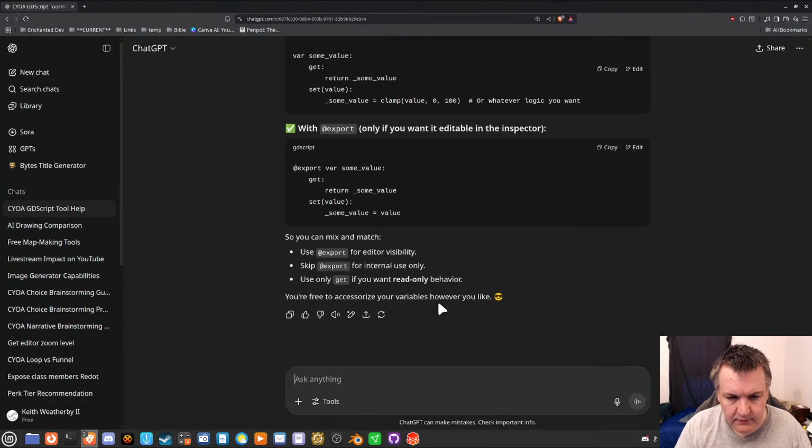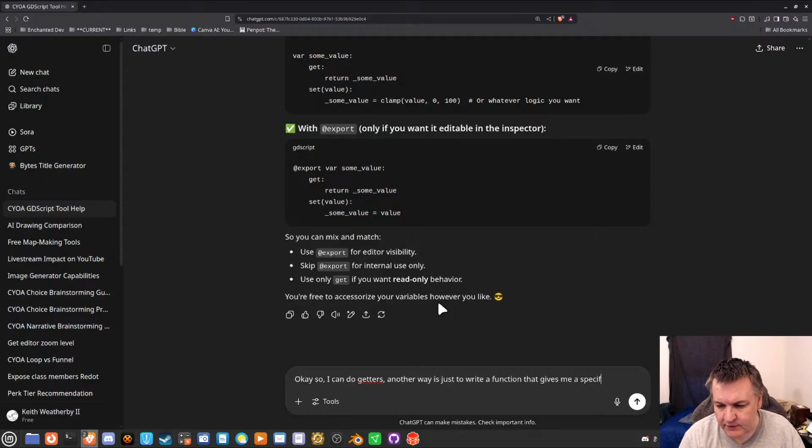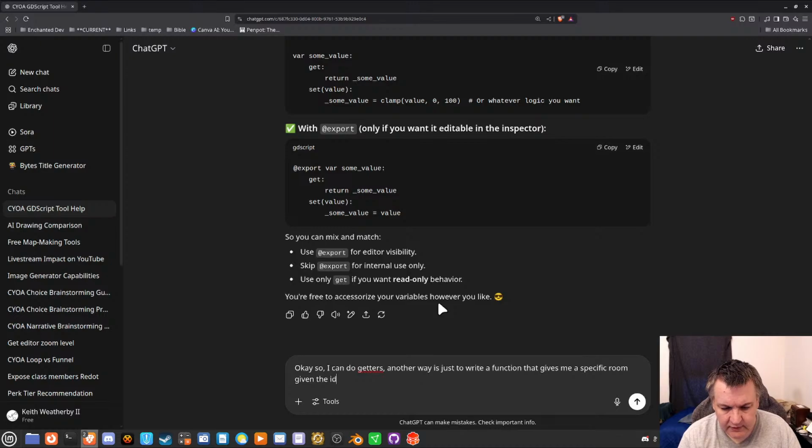Okay, so I can do getters. Another way is just, let's see, to write a function that gives me a specific room, give me ID. It's essentially just an access function, and since I only need a single room per